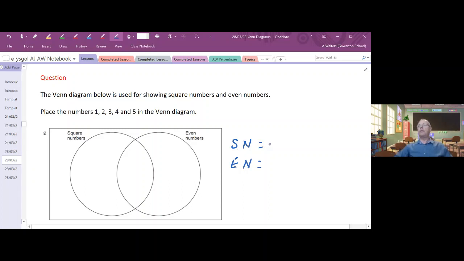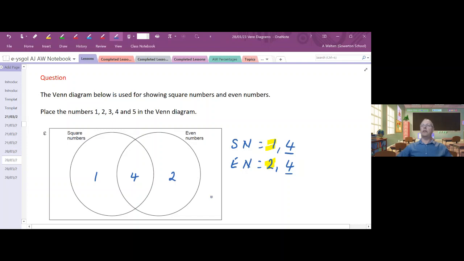So the square numbers from that universal set of 1 to 5 should be 1 and 4. The even numbers should be 2 and 4. So I'm looking what is common to both, and the number that is common to the 2 lists is the number 4. So therefore I put 4 in the center. I'm left with, for the square numbers, the number 1. So that goes on the left there with square numbers, and on the right hand side I'm left with the number 2. So that goes